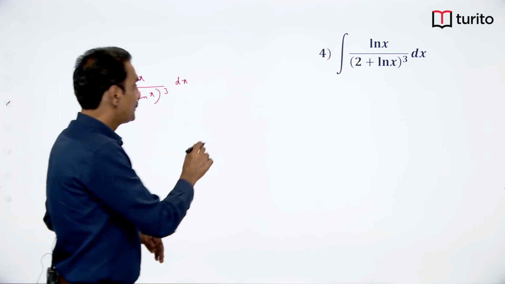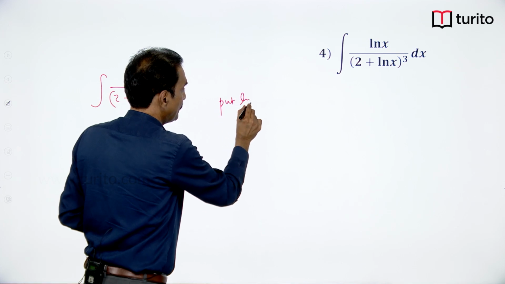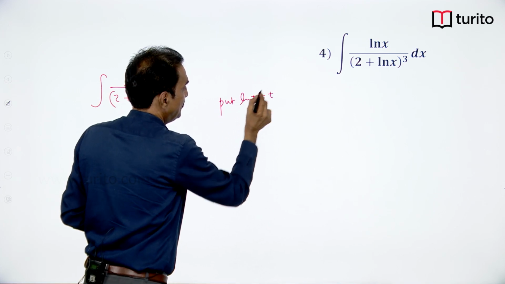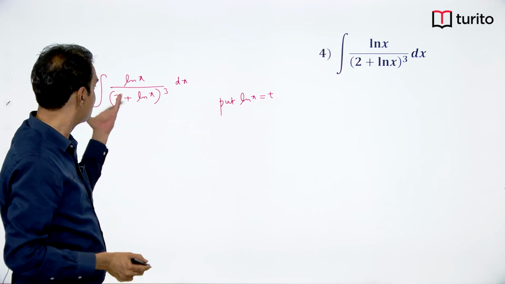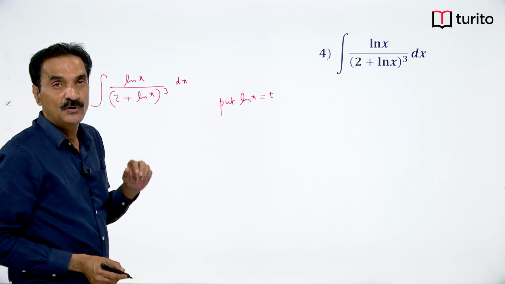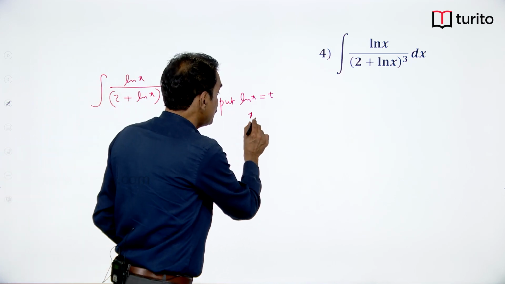But its derivative, the derivative of ln x, is 1 by x, and 1 by x is not there. So, you write ln x is equal to t as x is equal to e power t,